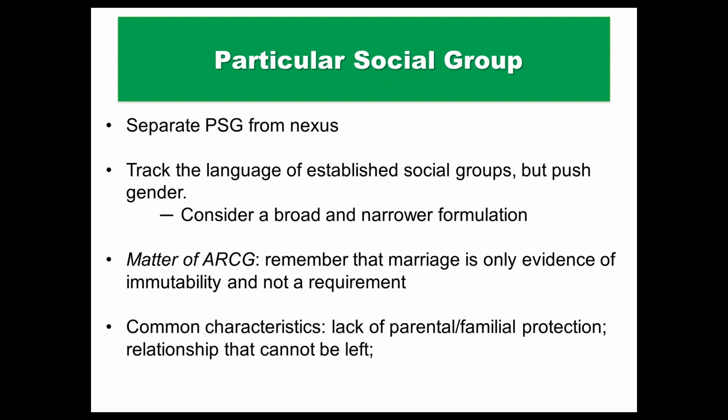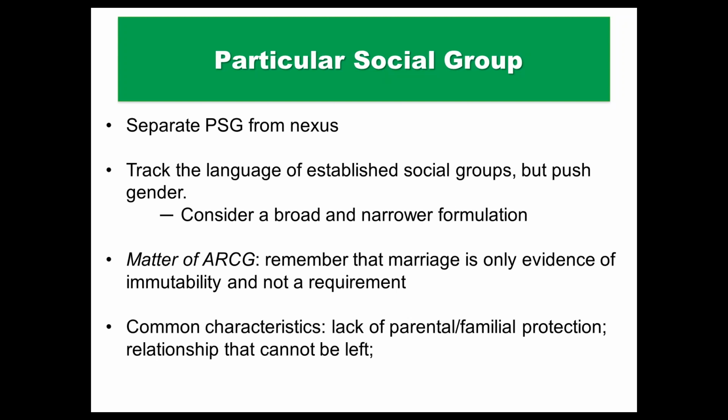The other type of social group that will often present in these types of cases, especially for younger women, would be a lack of parental or familial protection. So for unaccompanied children in the Chicago Asylum Office, we've often found that arguing domestic violence or family violence claims based on social groups around the idea of being a child who lacks parental or familial protection is typically very